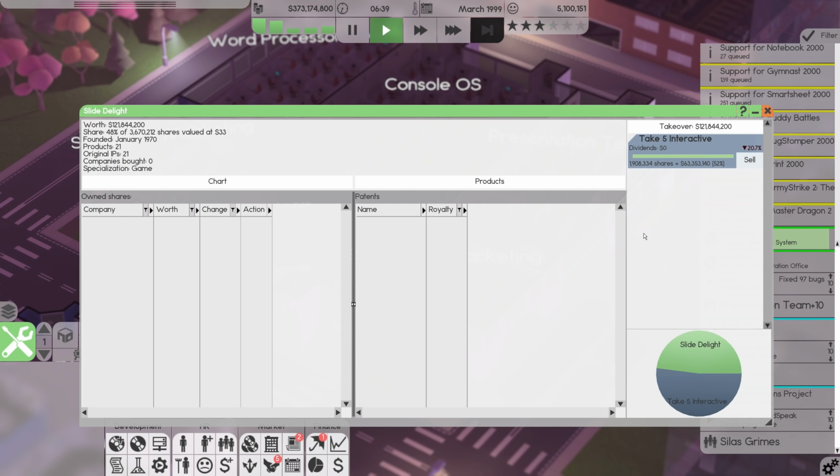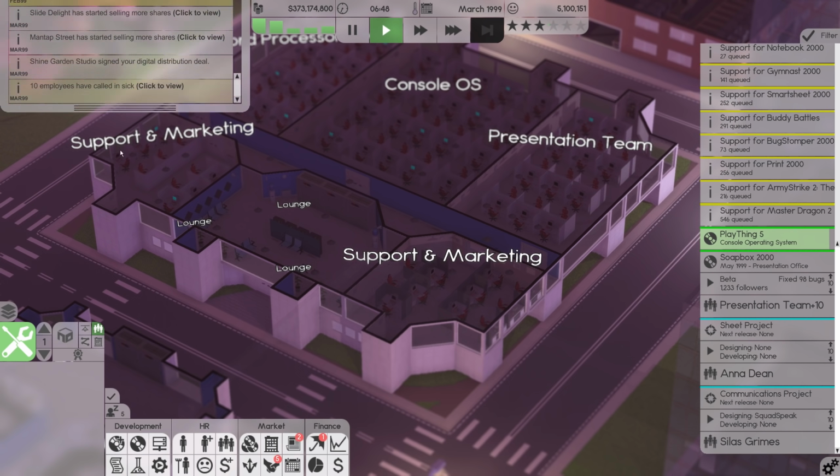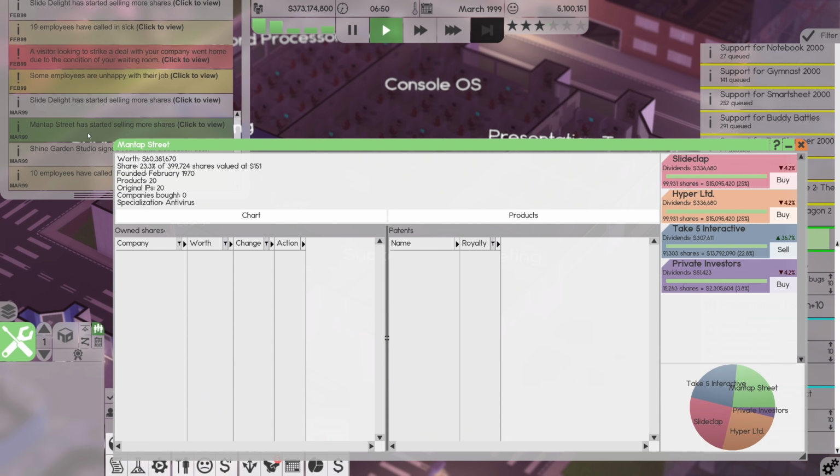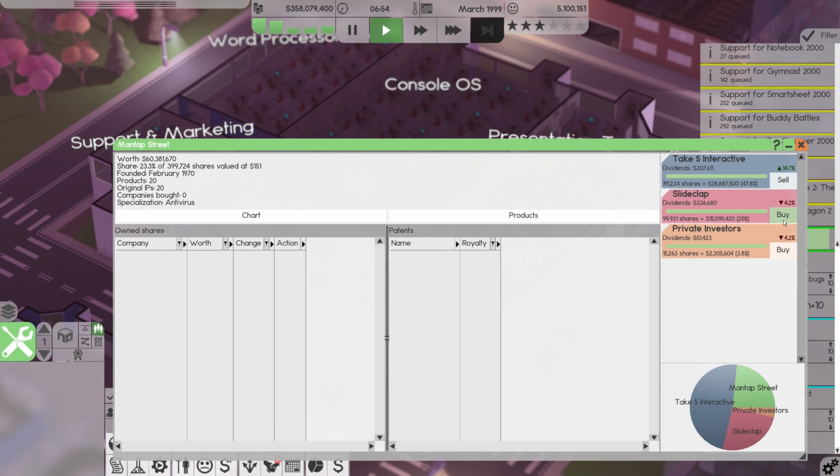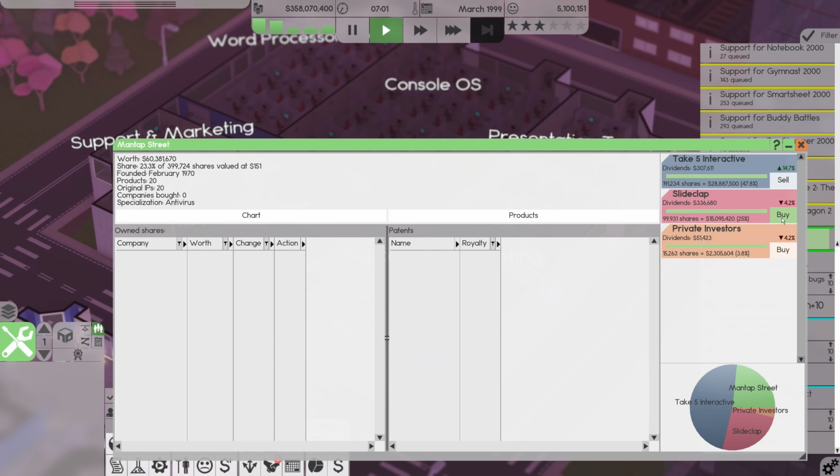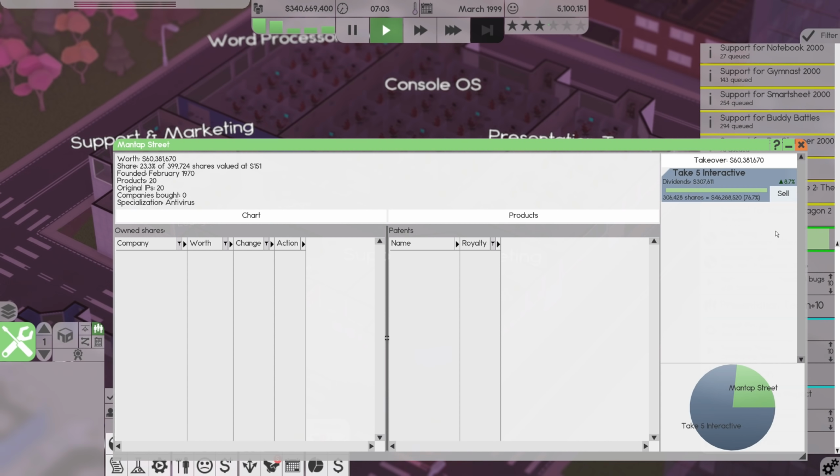So we now own 52% of Slide Delight, which I'm quite okay with. And then Mantap Street, we now own 47, actually, they only own 23. Okay, whatever. We now own 76% of that company, which means we could actually spend 60 million to take it over and turn it into a subsidiary.